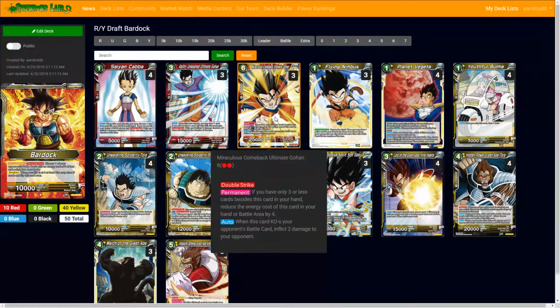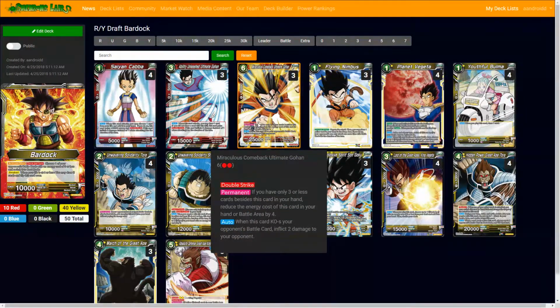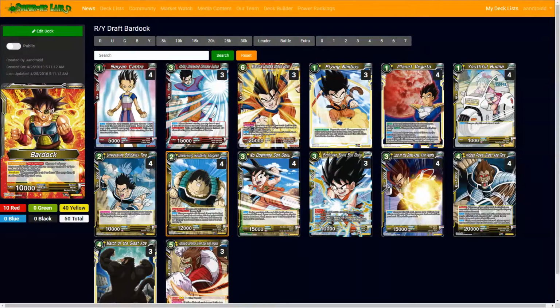And for Miraculous Comeback Gohan, he does have double strike, 25,000. And if you have 3 or less cards in your hand, which you will in this deck, I'm telling you, you will not have too many cards in your hand, you reduce it by 4. So even if you have 4 cards in your hand, you can Shigesh, and then now you have 3 or less, and then now this becomes a 2-drop. In that turn, you can go ahead and play him for Shigesh, and then you have a 10k combo for